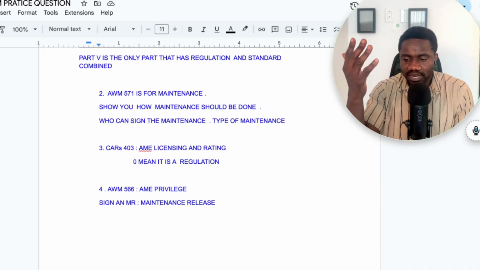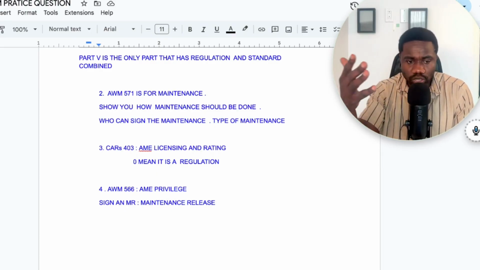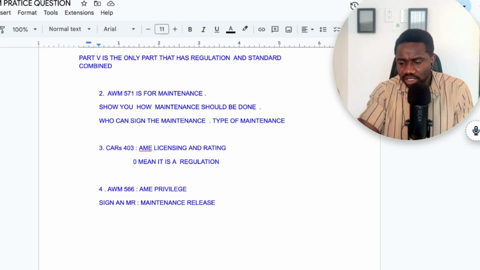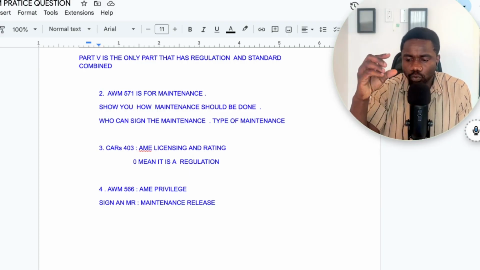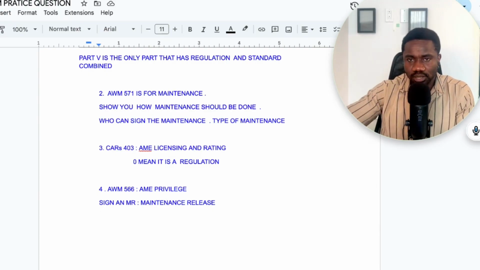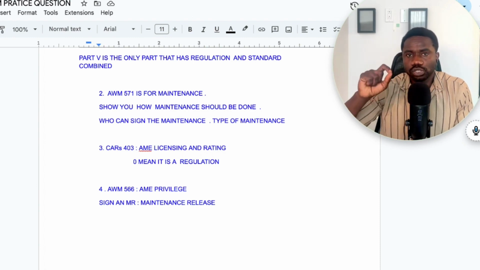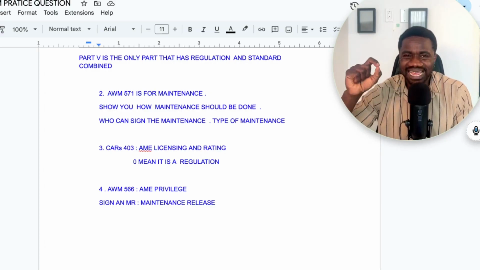And there are different types of maintenance. You have modifications, you have repair, you have elementary work, you have inspection. There are different types of maintenance, right? So in 571 is where you're going to find where and how to do maintenance, right? So it's either how to do a repair, how to do a modification, how to perform an elementary work, and also you're going to find who can sign a maintenance,